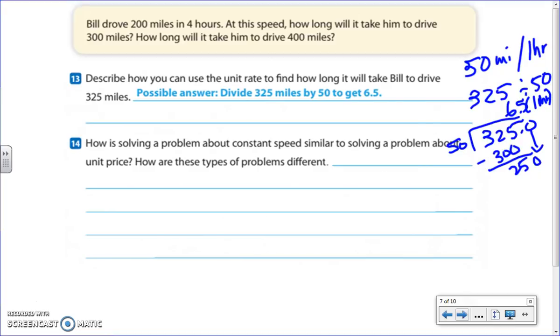You could divide 325 by 50 to get 6.5. How is solving a problem about constant speed similar to solving a problem about unit price? How are these types of problems different? Okay, so